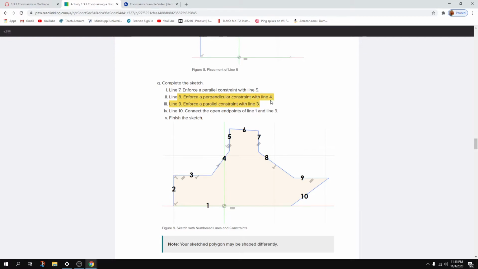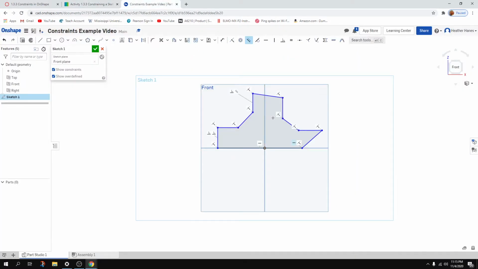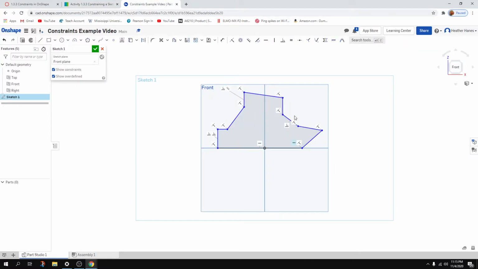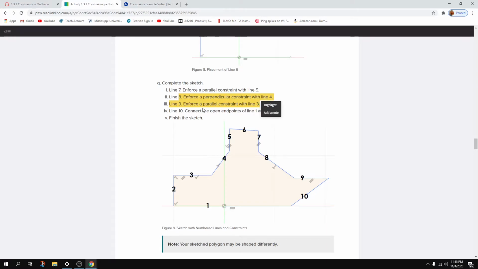Enforced perpendicular, line 8 to line 4. Okay, that's these two diagonal lines. That's really interesting because it doesn't have to be horizontal and vertical to be perpendicular. Before I do anything else, check out what happens when I move this around. Nothing. They stay the same angle they are right now. I have to hold some other things down before I can change the angles nicely, I guess. Alright,